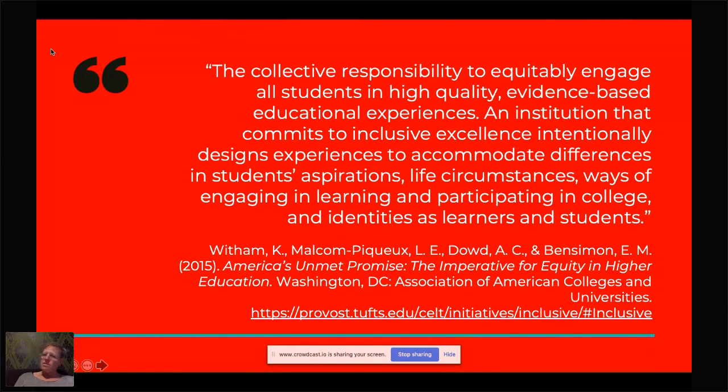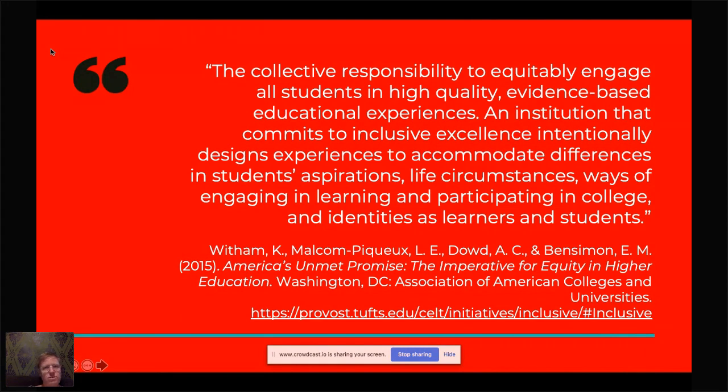So I like this part of the definition because it gets at how we design what happens in the classroom. We don't just roll in and see what they want to talk about, right? We actually can thoughtfully design assignments, class projects in ways that are more or less inclusive. And it's not just about engaging different learning styles. And the research has actually shown that the language of learning styles is not, in the end, that helpful.